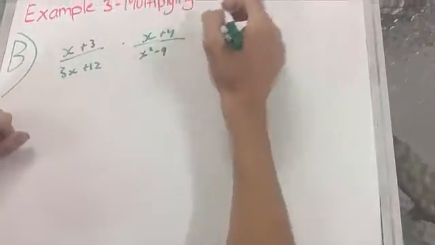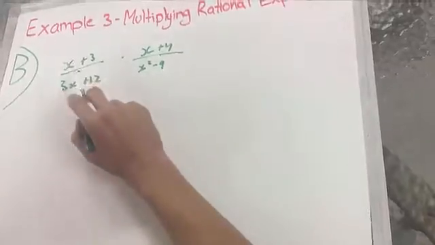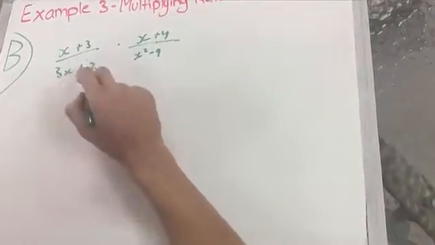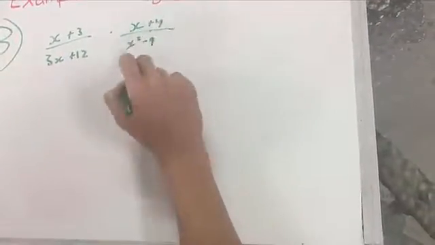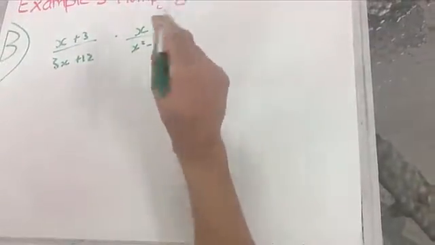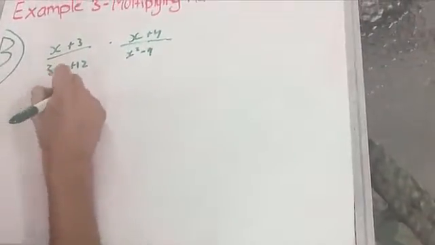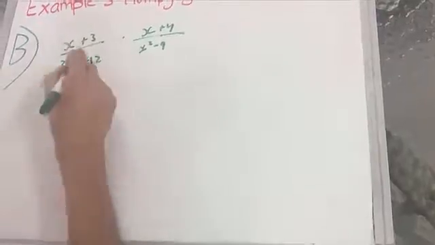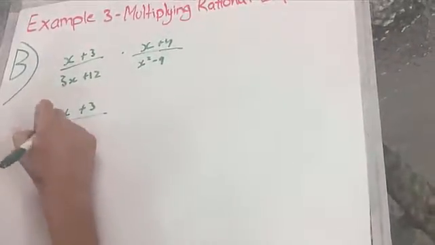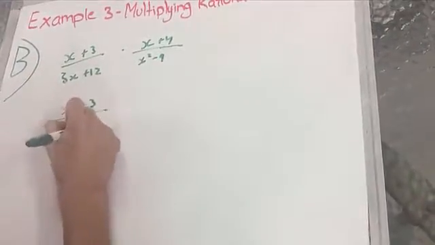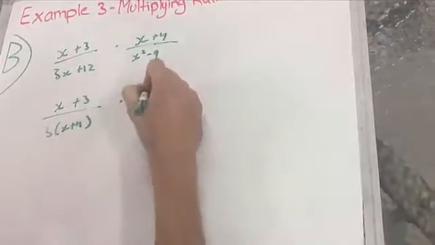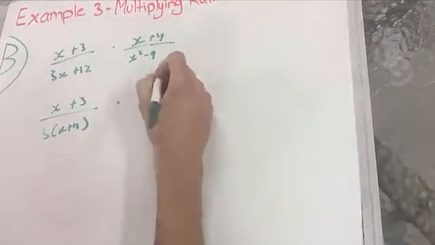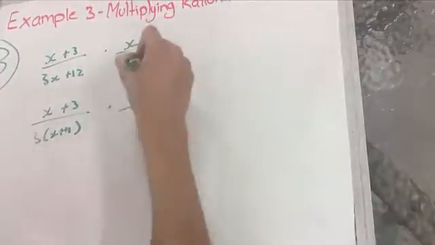Example 3, multiplying rational expressions, part B. The question says x plus 3 over 3x plus 12 multiplied by x plus 4 over x squared minus 9. So first we'll try to make it simpler. So we will write x plus 3 over, we will factor this, and it will be 3 times x plus 4. And the x plus 4 is going to stay the same, but now we need